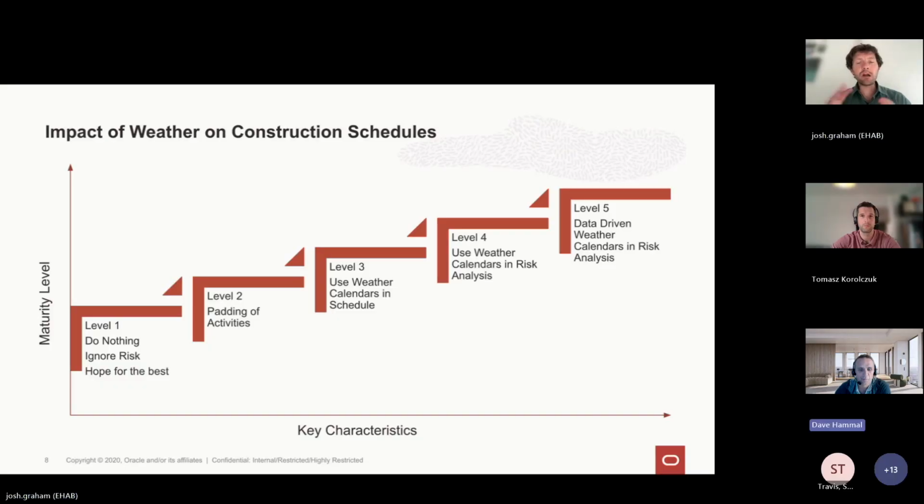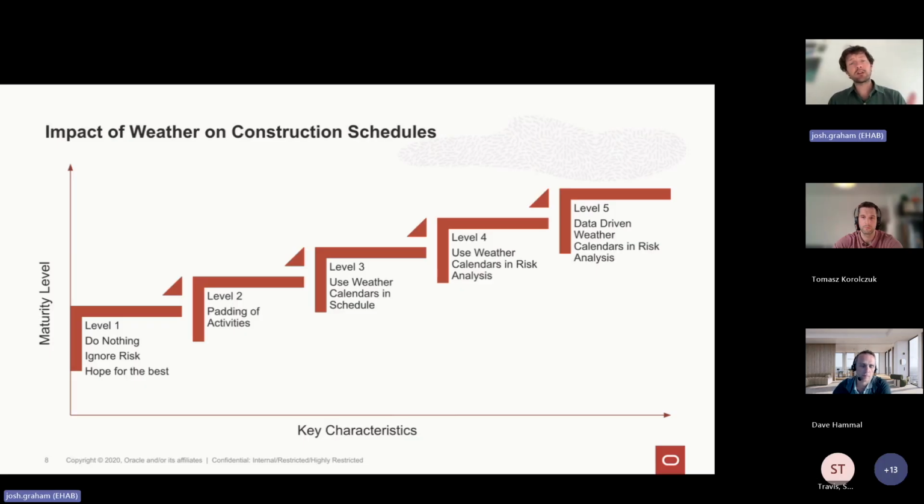But really briefly, level 1 is doing nothing. This maturity scale is supposed to help you understand where you might be on it. So maybe whilst I'm talking, think about which level, and actually I think we're going to have a poll in a second from Thomas to ask where you think you are currently. Level 1 is doing nothing, and I hope no one is at level 1, but of course it's possible that you are just hoping for the best.